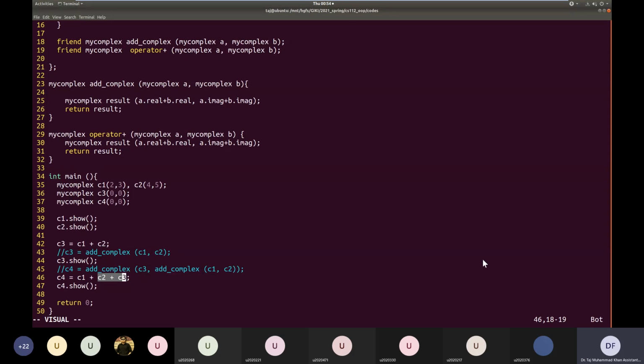This function will be called for every plus symbol. So if in your expression, this chained expression, the plus symbol is appearing 5 times, then this function will be called 5 times. Okay? And you have to keep in mind that every time this function is called, it will return a result, and that result will be used as an operand of the next call to the plus operator.